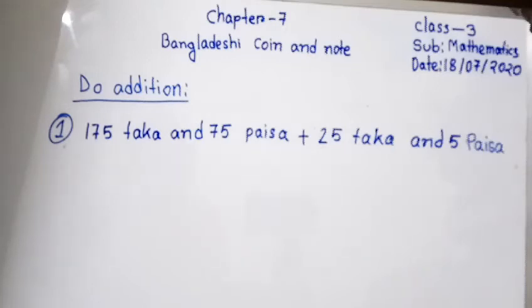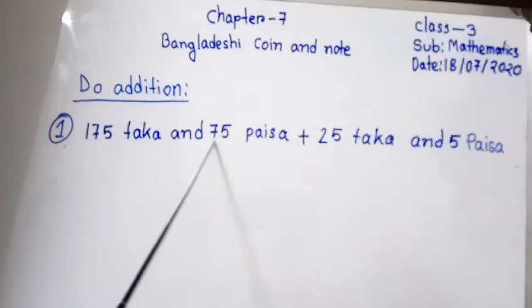In the previous lecture we learned how to find the total amount. Now we will learn how to add two amounts. For that, we have to first write paisas separately and taka separately. Here our question is